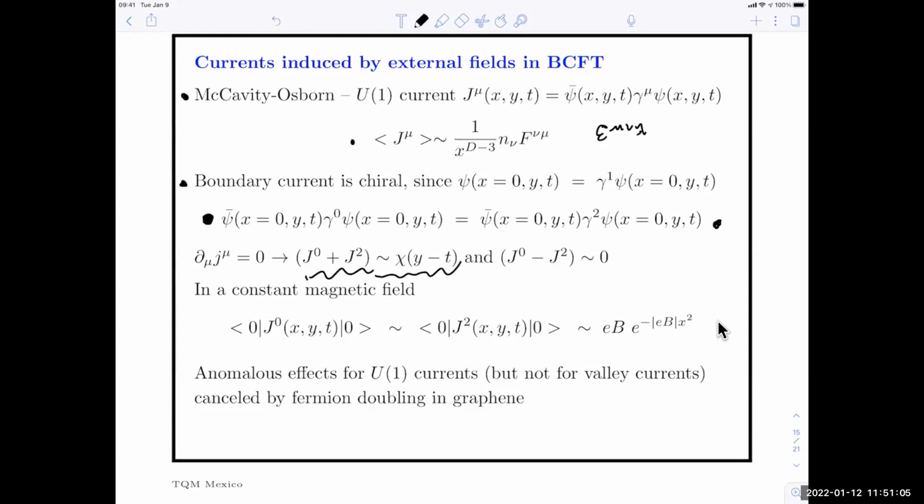And that should be true even independently of the symmetries. So even if we introduce a background electric and magnetic field, which break the symmetries, this is just a consequence of the boundary condition itself. So to look at what happens to this equation, what we did is we actually solved the theory in a constant magnetic field.